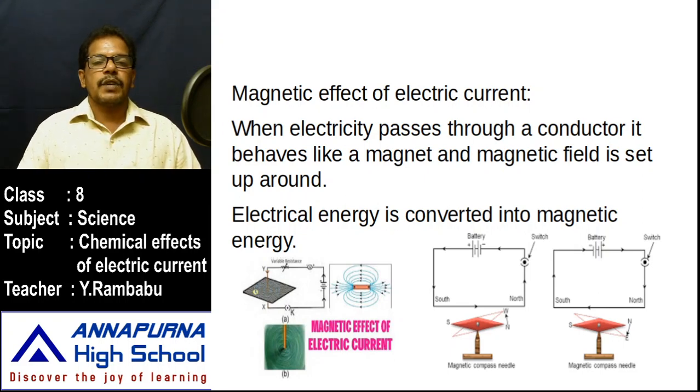In lower classes we have learnt that a soft iron rod is taken. On the soft iron rod, an insulated copper wire is wound in so many turns. But while winding, keep one thing in mind: always wind in the same direction, and don't reverse the direction. The two free ends of the copper wire are connected to a power supply or battery.